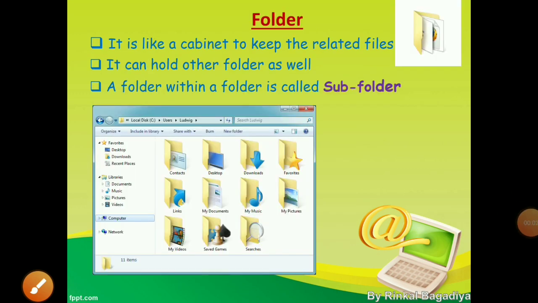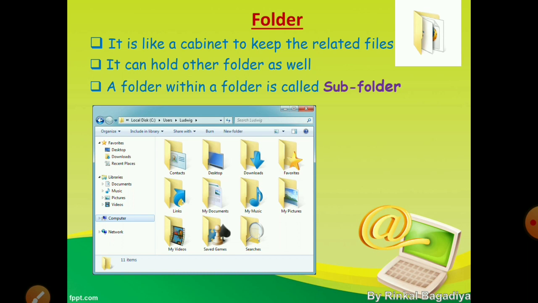Next is folder. Here you can see the picture of a folder on the right top corner of the screen. A folder is a collection of files. It means in a folder we can store our different files. As we keep all our files in a cabinet, similarly a folder is like a cabinet where we keep related files.